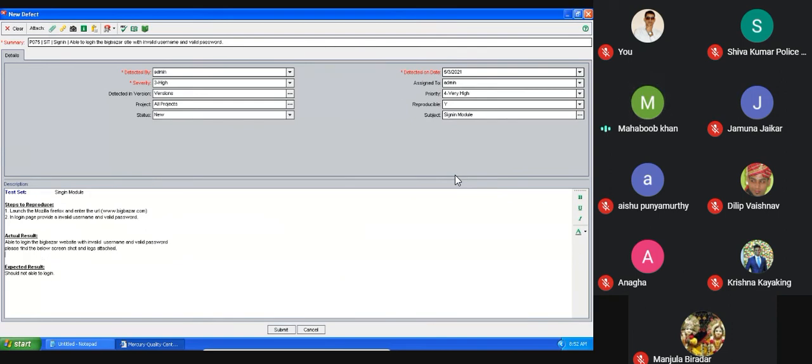So you need to give the logs. Here also we have given this clearly. You need to provide the username and password also here, which is the username which you provided.